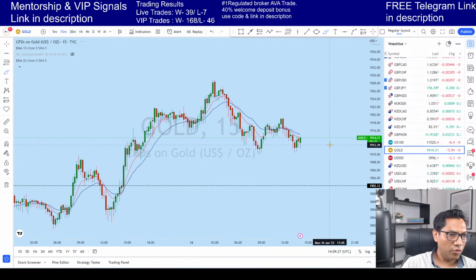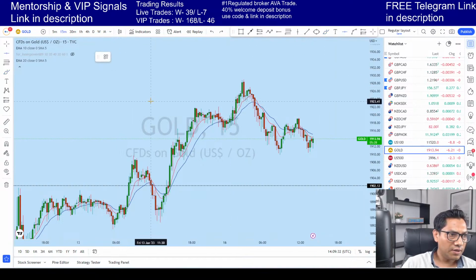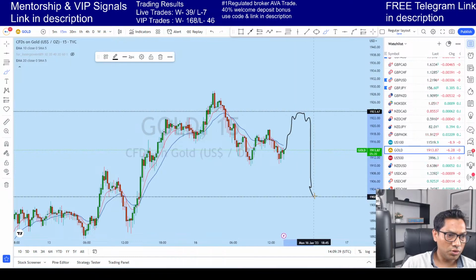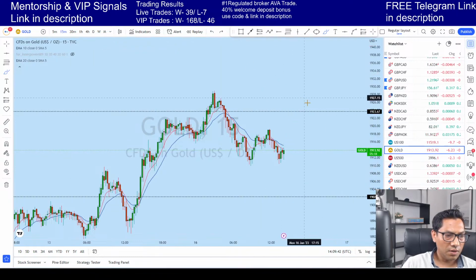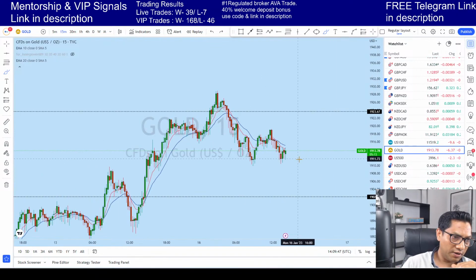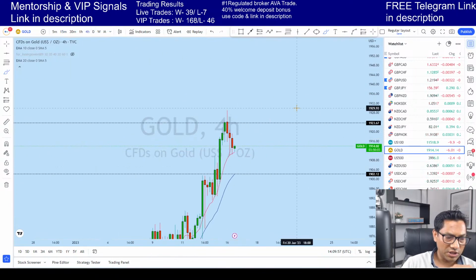As I mentioned before, if we look at the 15 minutes, you see this neckline has not been tested yet, and this previous support turning resistance has not been tested yet on gold. And from here we could see a drop, depending on how it is forming here. I can't guess, but so far in this time frame it is bearish, and if you look at the bigger picture, the market structure is still bearish on gold.